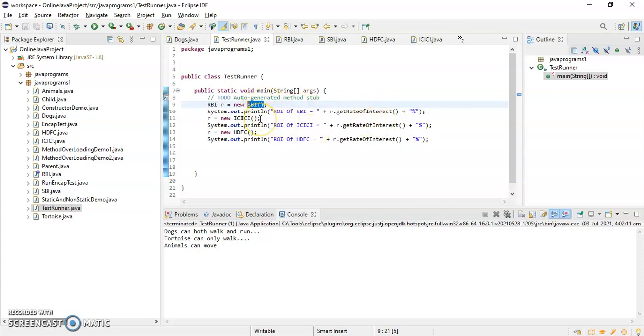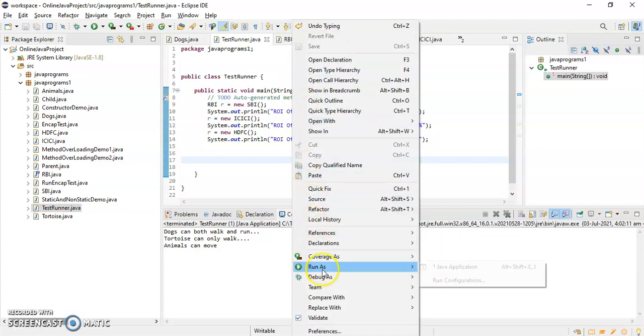After that, we are assigning the object of ICICI to the reference variable of the RBI interface and calling this method, so it will call the getRateOfInterest method of the ICICI class. After that, we are assigning the HDFC object to the RBI interface reference variable, so it will call the getRateOfInterest method of the HDFC class, right? So if I run this, I'll get the rate of interest of each and every bank.